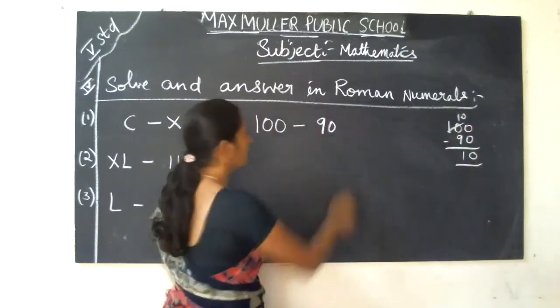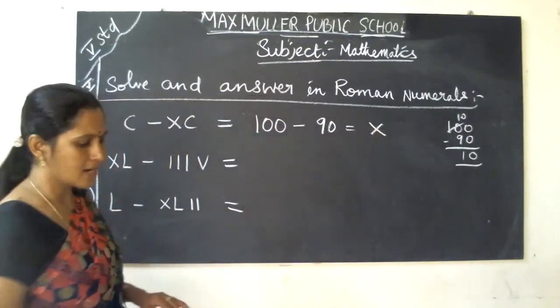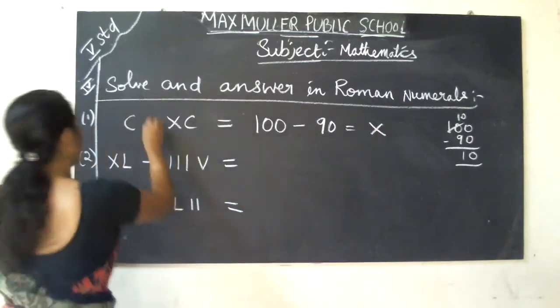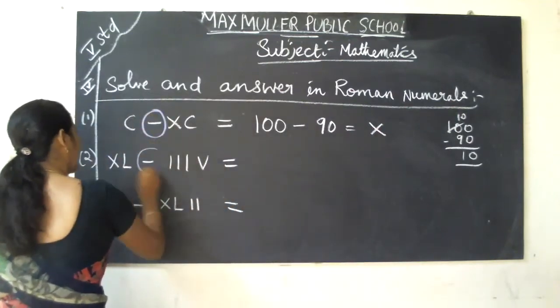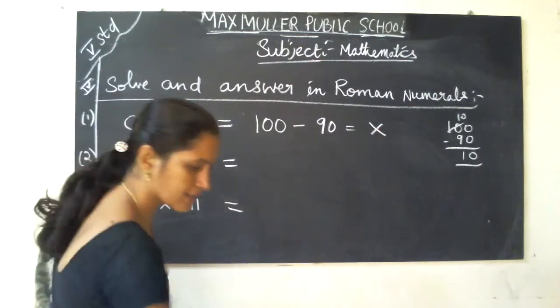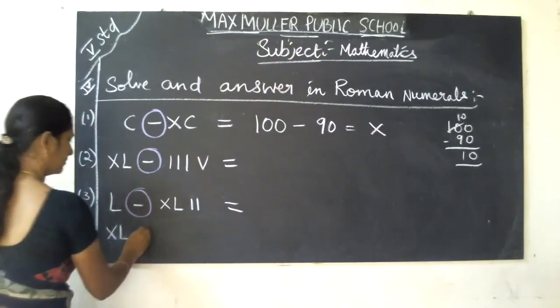So the answer is 10, which means X. X is the answer. But first you have to see the sign properly. The sign is very, very important, children. See properly. Okay, XL plus